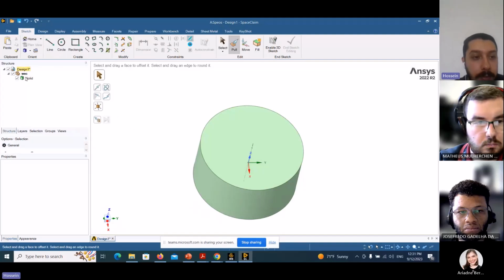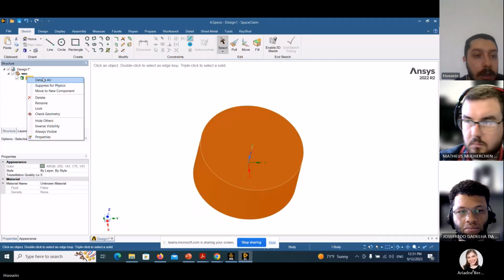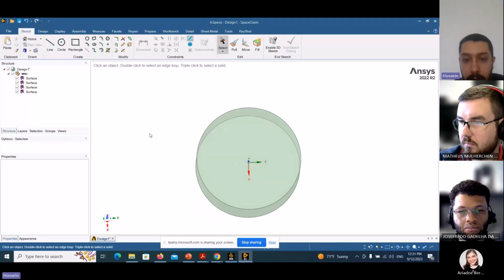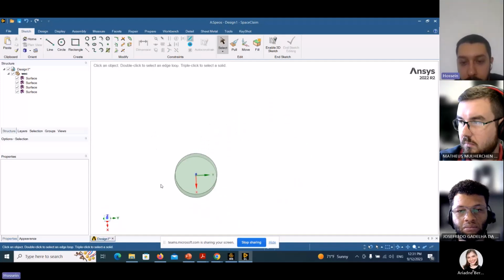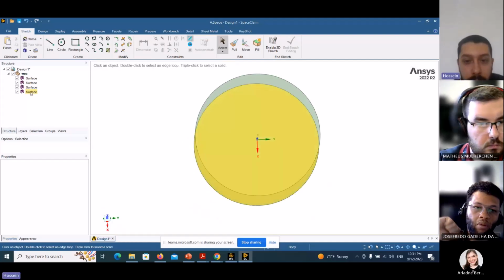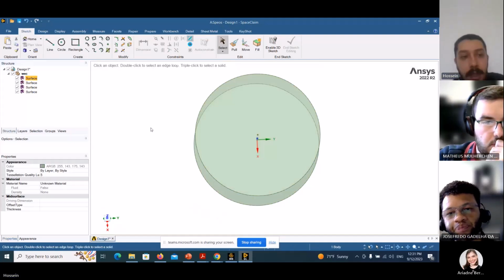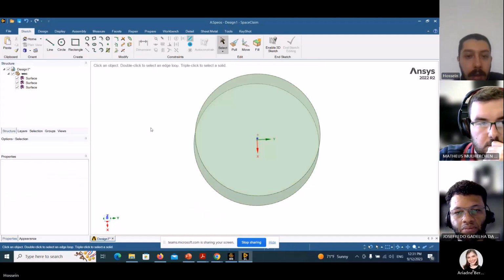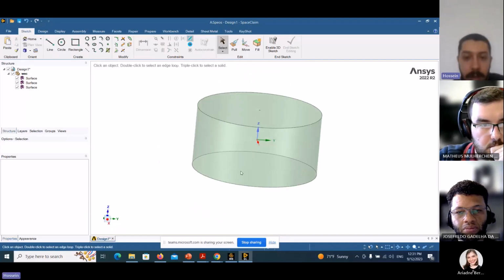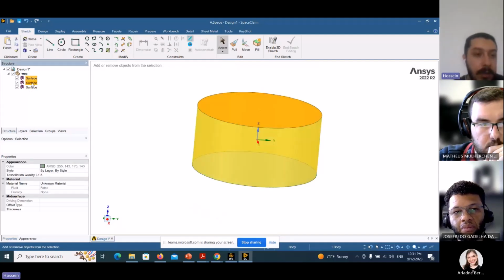Now we can see, detach this part and delete the circle surface. If I delete this, our structure won't make a closed form shell. If we combine them now,